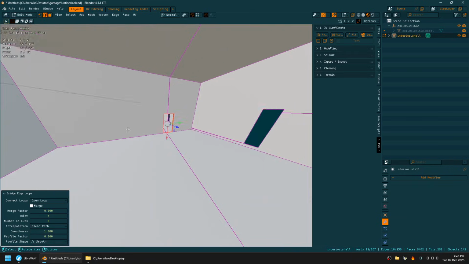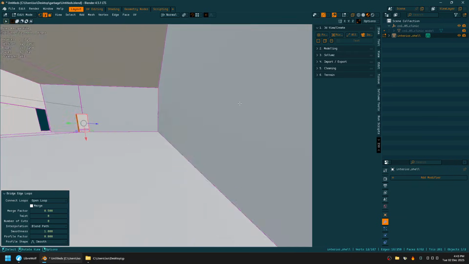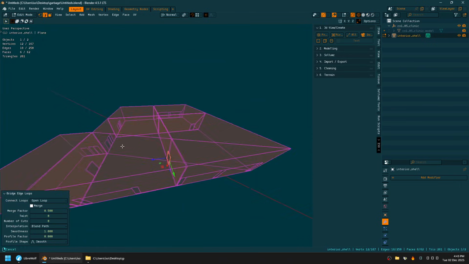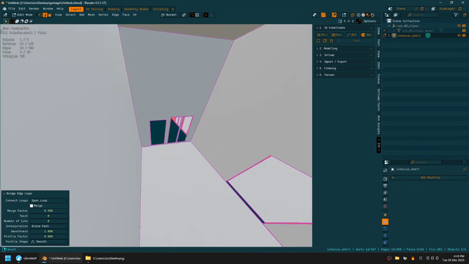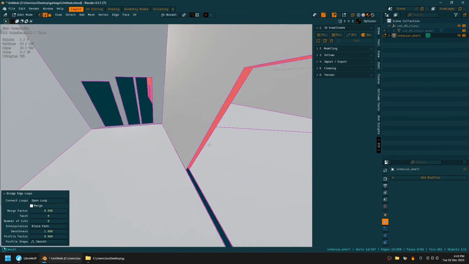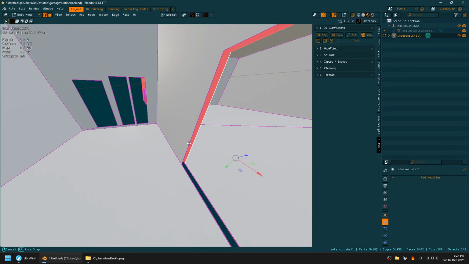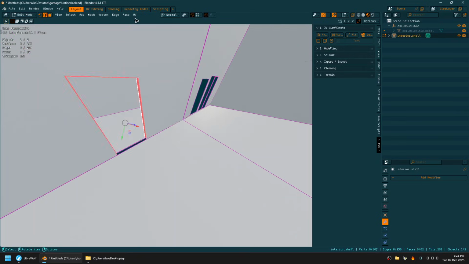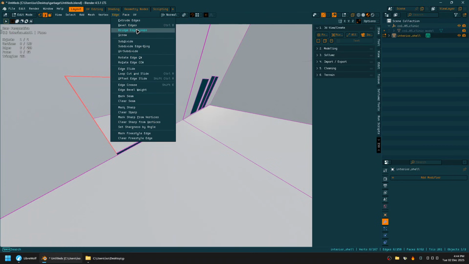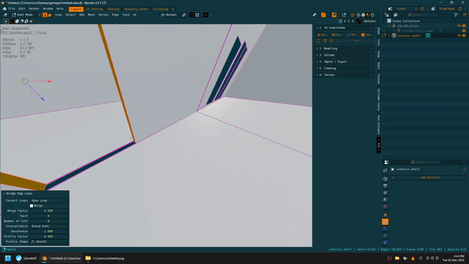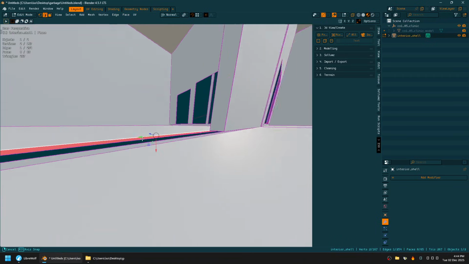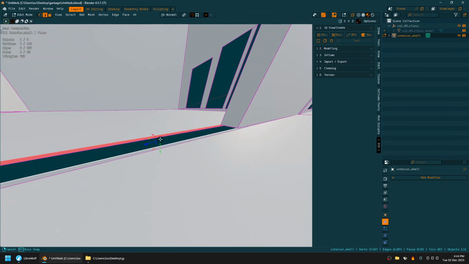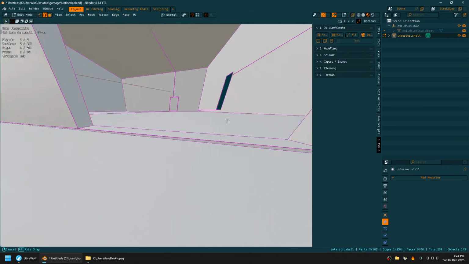And let's find another one. I think we did three. Yeah, this one right here. So we're going to be doing the bridge edge loops. Hold Shift and Alt and click the edge, and it'll select everything around, hopefully. And edge, bridge edge loops. Oops. Looks like this one didn't do it. So we're going to do it manually. Hold Shift while selecting both edges and press F to fill. And we now have created